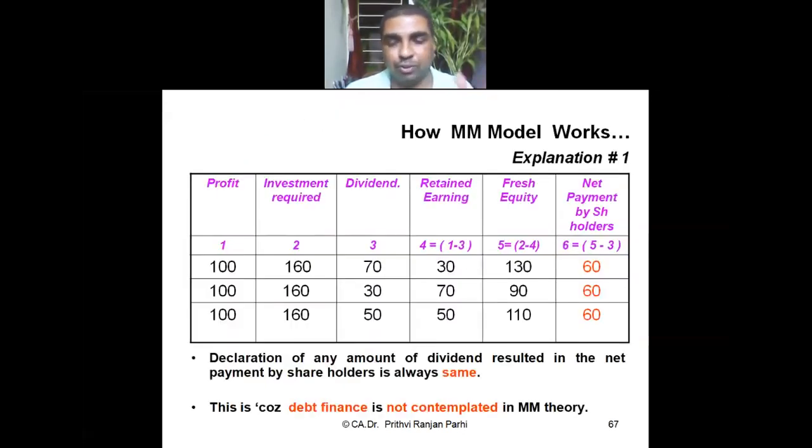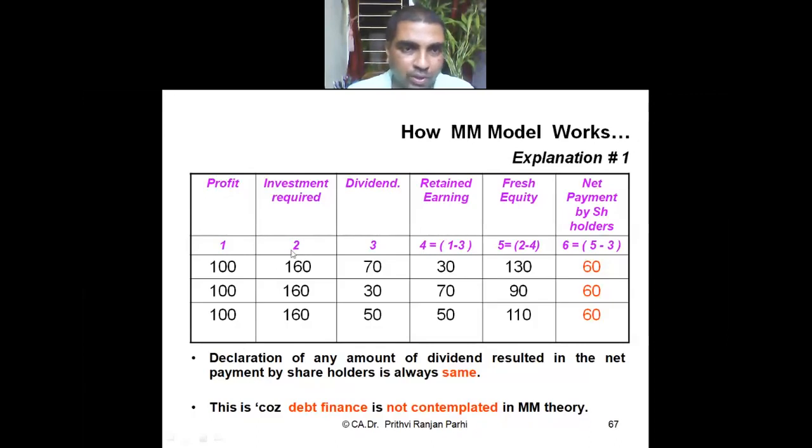Now, how will we be able to understand this theory? It may appear to be a little complex, but you will find it is a very easy theory. You will definitely be able to understand it. So we'll try to understand it with the help of this particular example. First, you see what is the first column? We'll see how the model works. The first column is Profit. We are taking three situations, and everywhere you see the profit amount is 100, 100, 100. So we are assuming that in all three situations profit is 100.